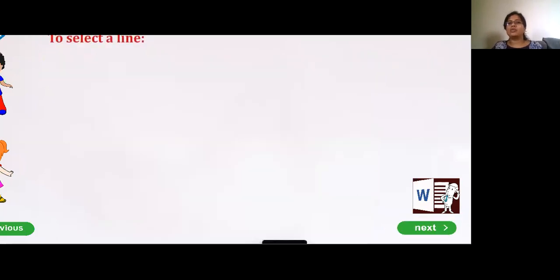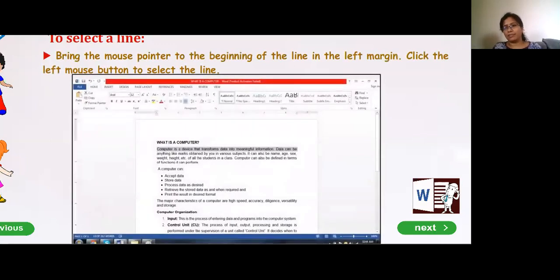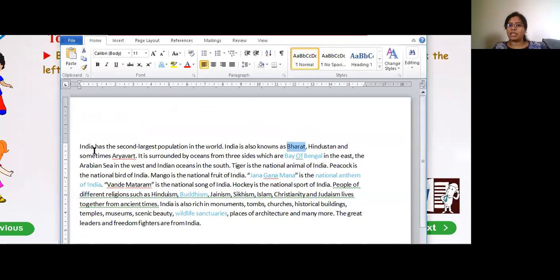What next? To select an entire line, bring the mouse pointer to the beginning of the line in the left margin and click the left mouse button to select the line. Imagine I want to select the first line.